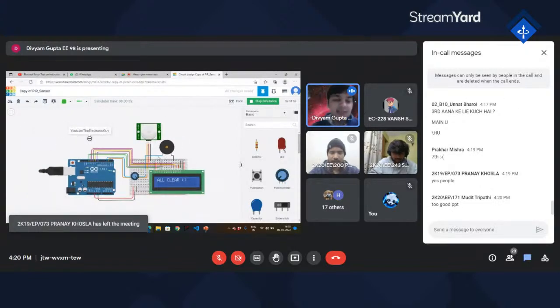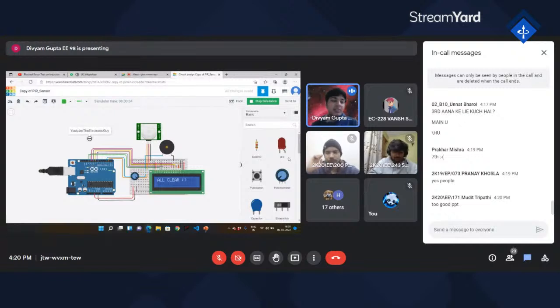Yeah, basically the diagram which you can see on the board, this is a PIR sensor. You are all aware there are different types of sensors. We have also explained infrared sensors which we use in the LFR, but this is a PIR sensor. This is basically a passive infrared sensor.